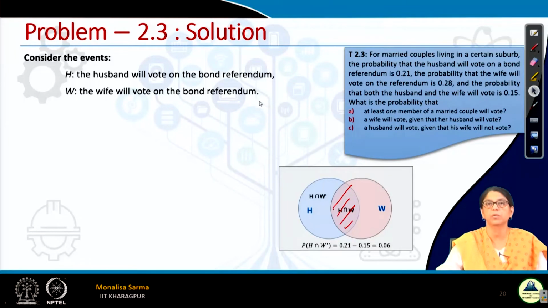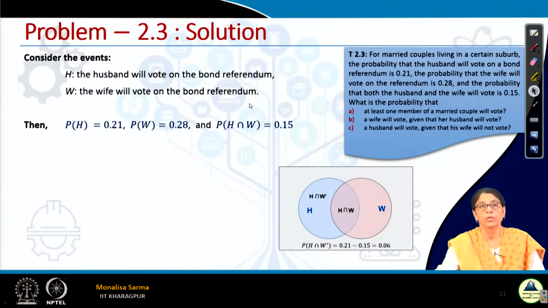So all these probabilities are given to us. Probability of H is given, probability of W is given, probability of H intersection W, both husband and wife will vote, is given, and both are independent, right? So now